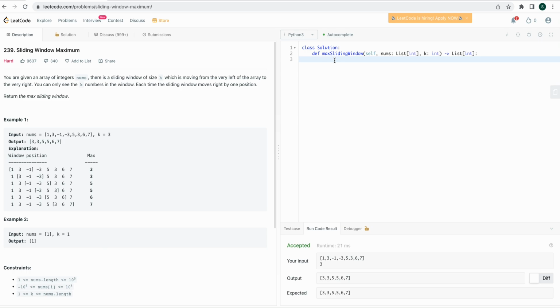Today I want to solve this Leetcode hard problem. It's called sliding window maximum. Basically, you're given an array of integers nums, there's a sliding window of size k, and what the problem is asking for is it wants you to return an array of the max value of each subarray of size